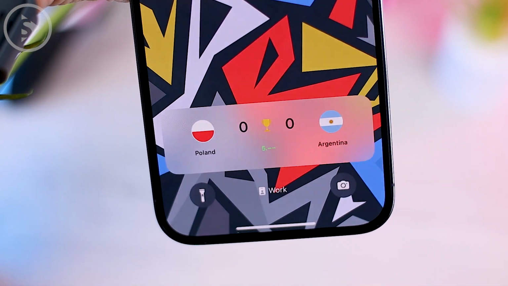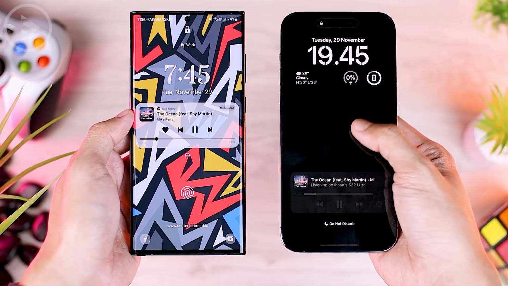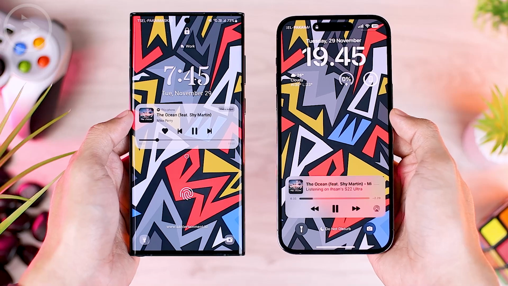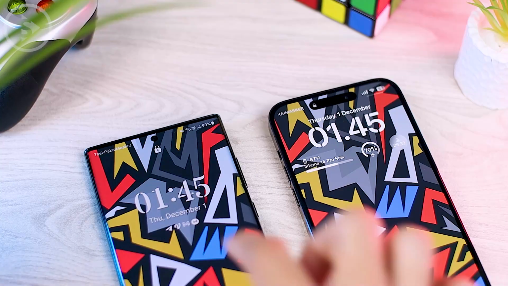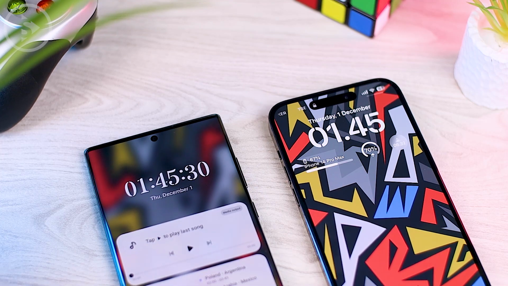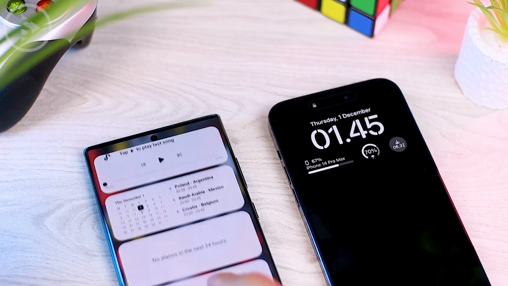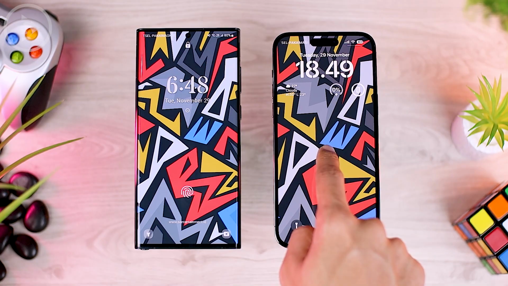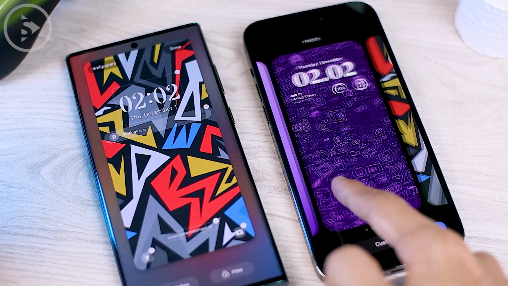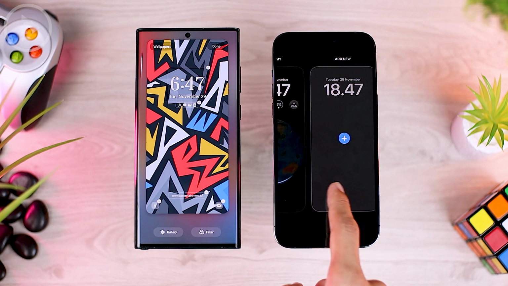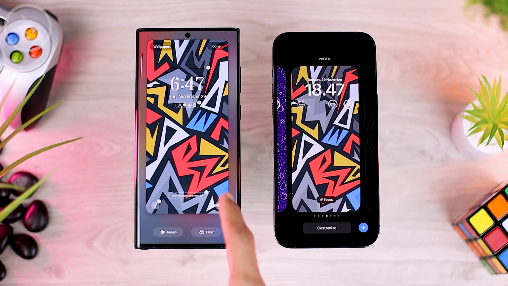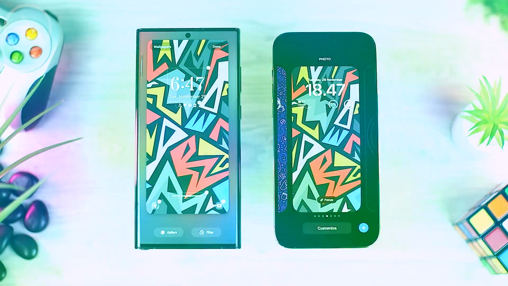And then the widget feature is also slightly different. In the iOS version, the widget is immediately visible at the bottom of the clock on the lock screen. Whereas in Android 13 on One UI 5, you must first tap on the clock to bring up the widget on the lock screen. Then in iOS 16, the lock screen display, which can be edited and saved immediately, can also be used for multiple lock screen displays, whereas in One UI 5, only one lock screen can be saved.